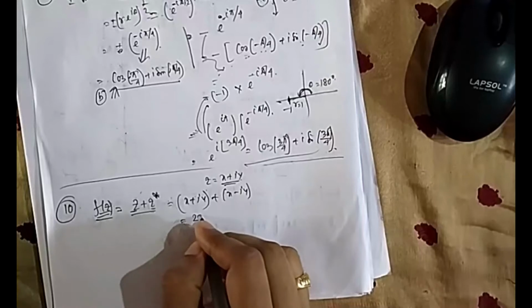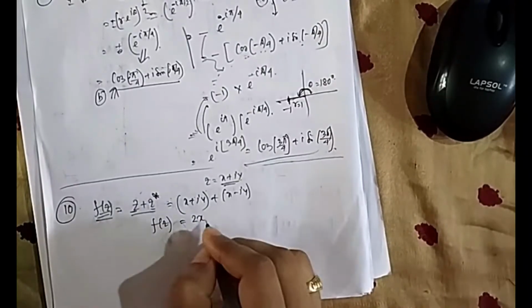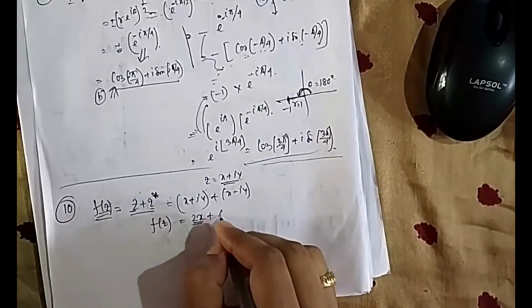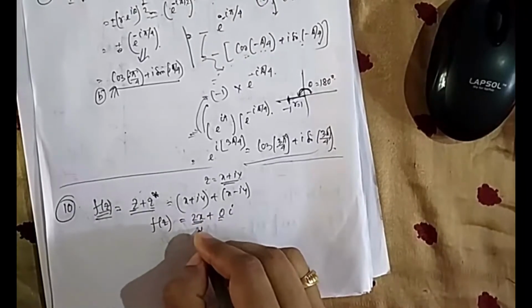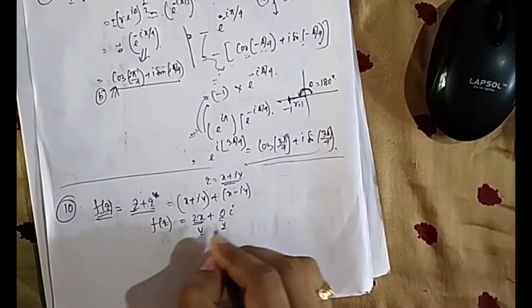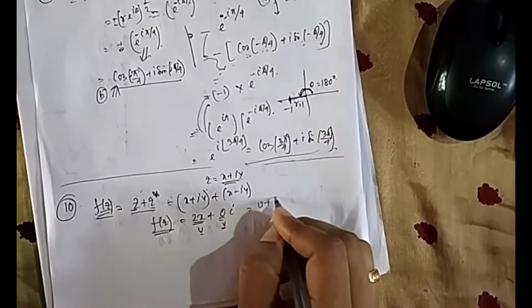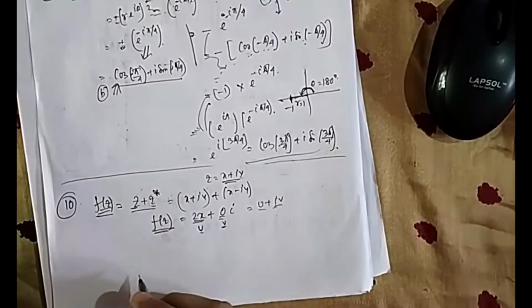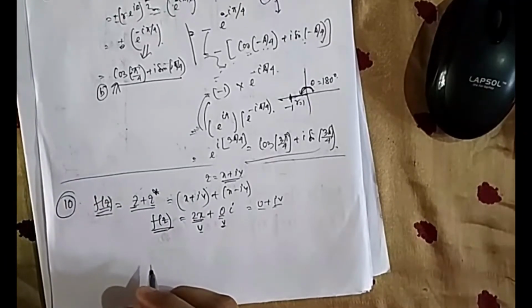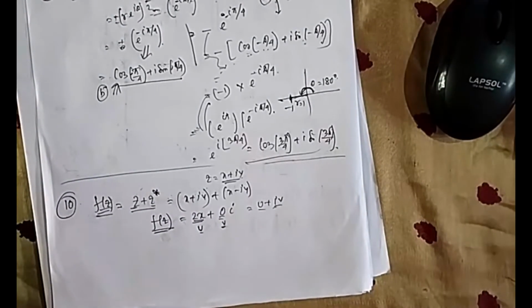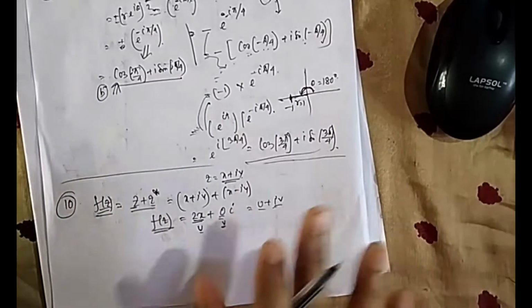If you convert it, the function is nothing but 2x + 0y. So u is 2x and v is 0. Because you know f(z) we can write as u + iv. Now by looking at this function, first you have to check whether it is continuous or not. Then we will check the analytic, meaning differentiability. For analytic, the CR equation must be satisfied. You know that one, so you will come to the CR equation later.